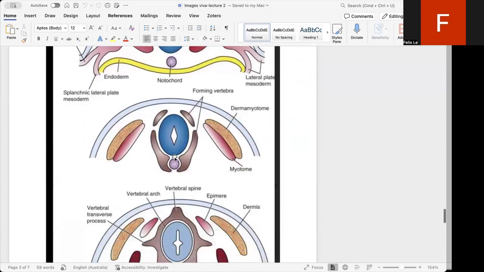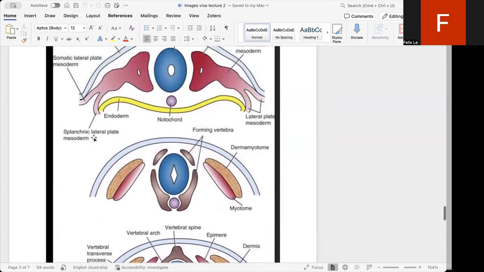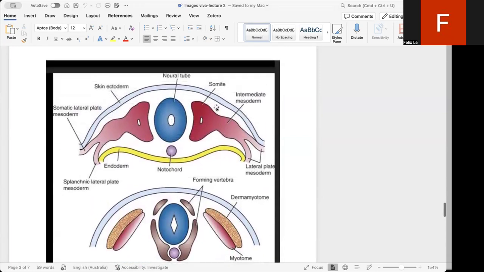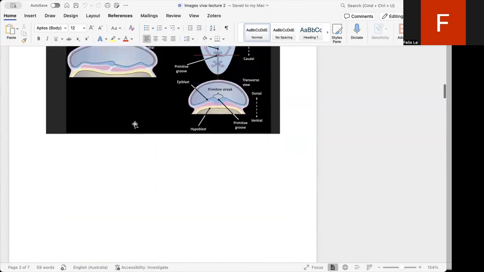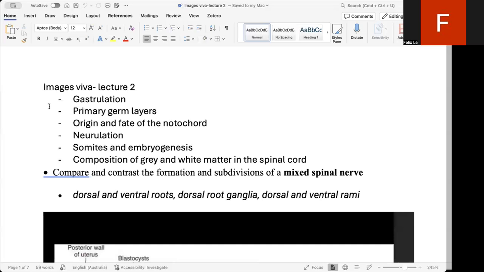Next, we have the formation and the different layers here of the vertebral crest. We have the lateral mesoderm here, which forms on the outside, and we have the somites. Somites are basically involved with the mesoderm. And that's our full analysis of this one. I know that I didn't cover all of them, but I covered the main parts related to Lecture 2 gastrulation. And that's basically my analysis for the Viva Lecture 2 on gastrulation, germ layers, origin and